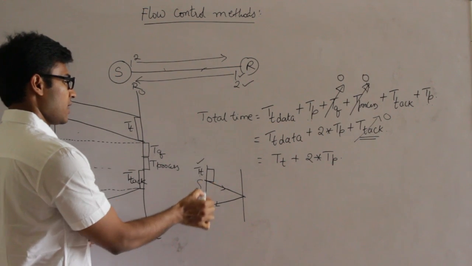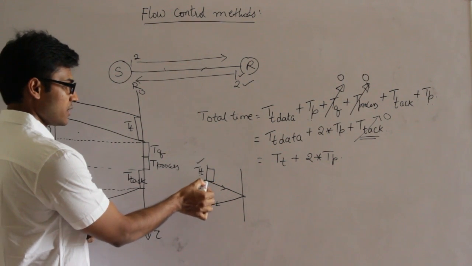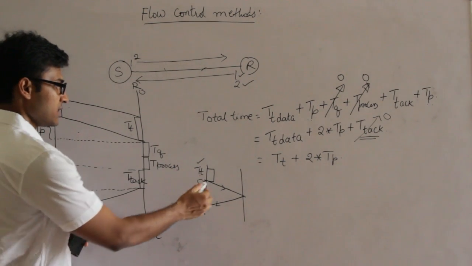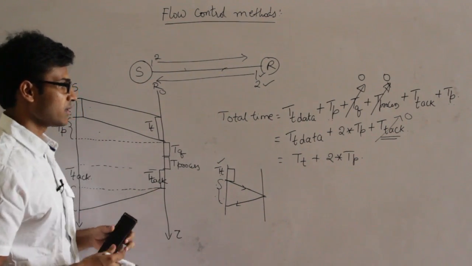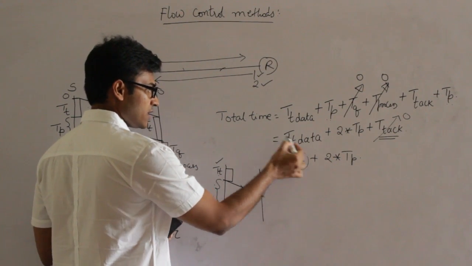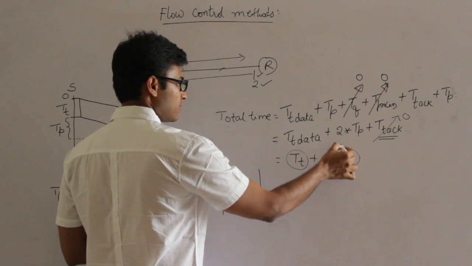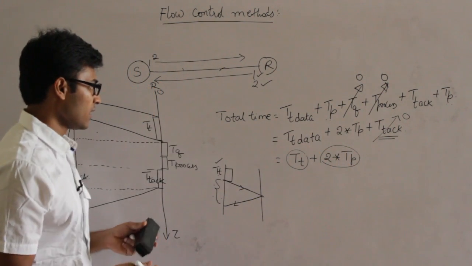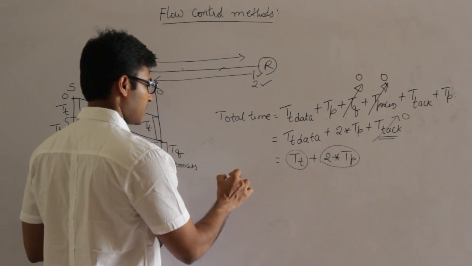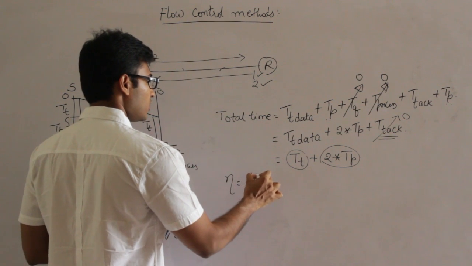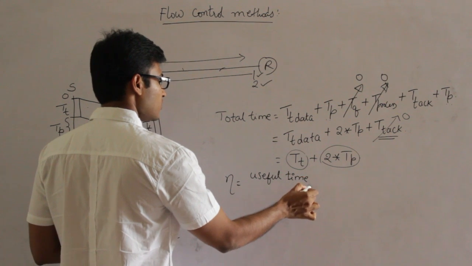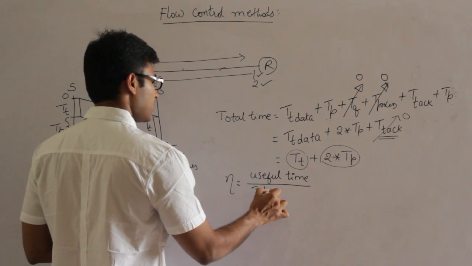So you transmit the packet and then stop and wait. Because of this stopping and waiting, there is inefficiency, isn't it? I could have sent even more packets in this gap, but then I am forcefully stopping. That is why it is all inefficiency, which means we are actually using this Tt time efficiently and then we are waiting for this time completely. That is inefficiency, right? So if I want to find out the efficiency, always remember efficiency is equal to useful time in all the protocols. Efficiency is equal to useful time upon total cycle time.